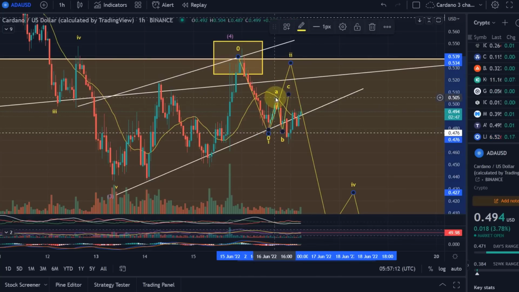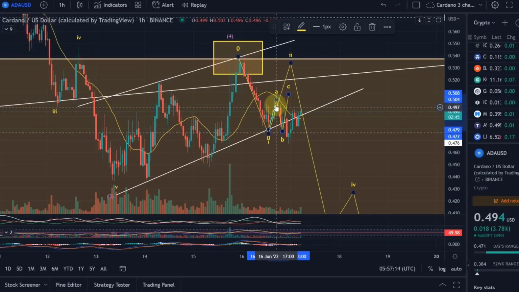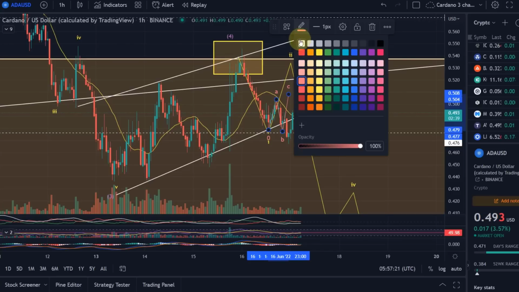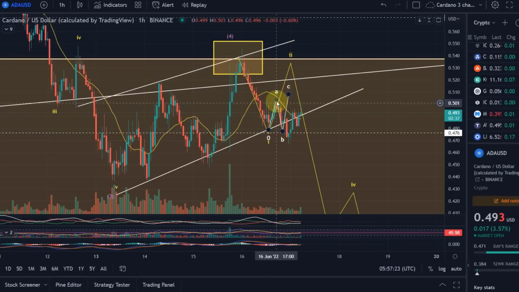We talked about this being the wave A high. I can make that a little bit of a different color, maybe white. There you go. This is the wave A high here at around 50.5 cents. Then we came down in a wave B. I left it at 48 cents, but we actually moved down a little bit lower, and I think we can still call this the wave B,